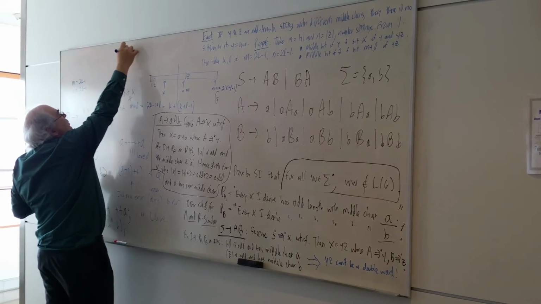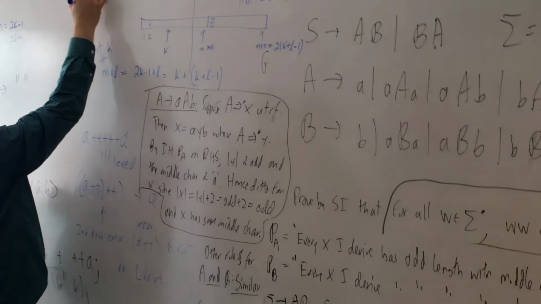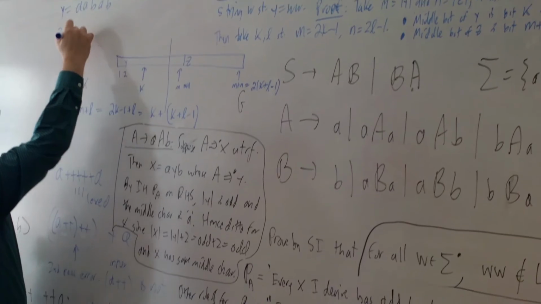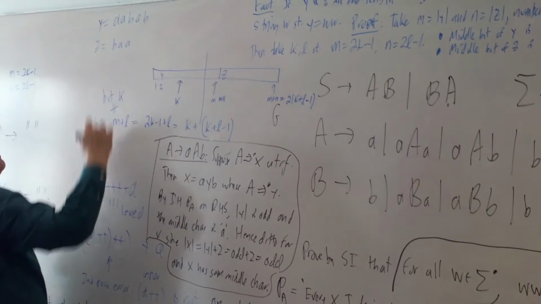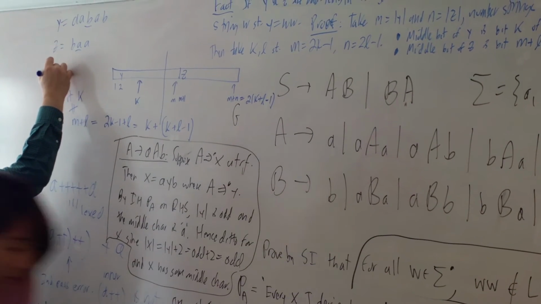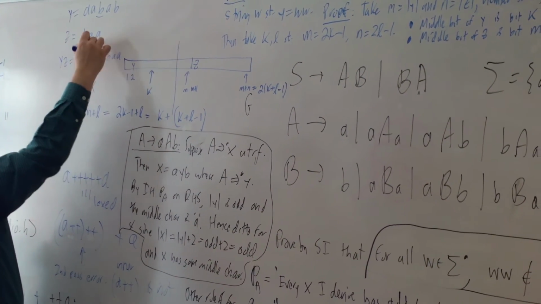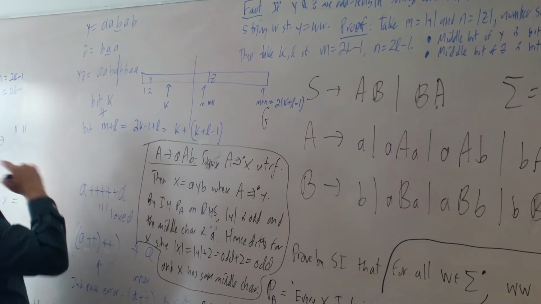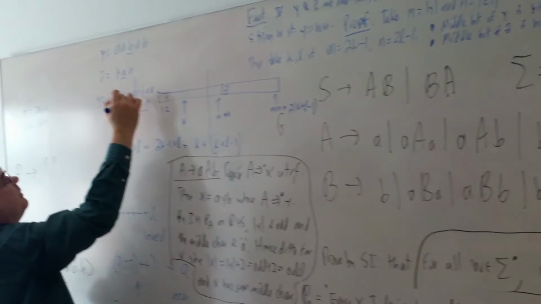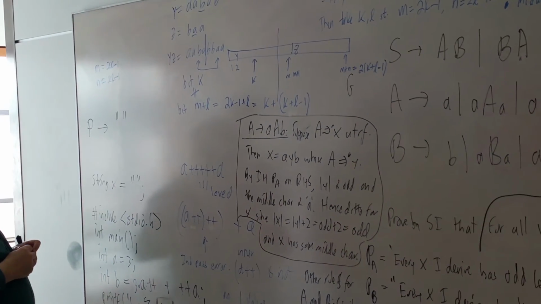So if I want to give a concrete example, say Y is equal to AB, and Z is equal to AAB, and Z equals B, like that. So here are these middle bits. And YZ is equal to AA. And now if I break it here, then what we see is that these two bits in particular are different.